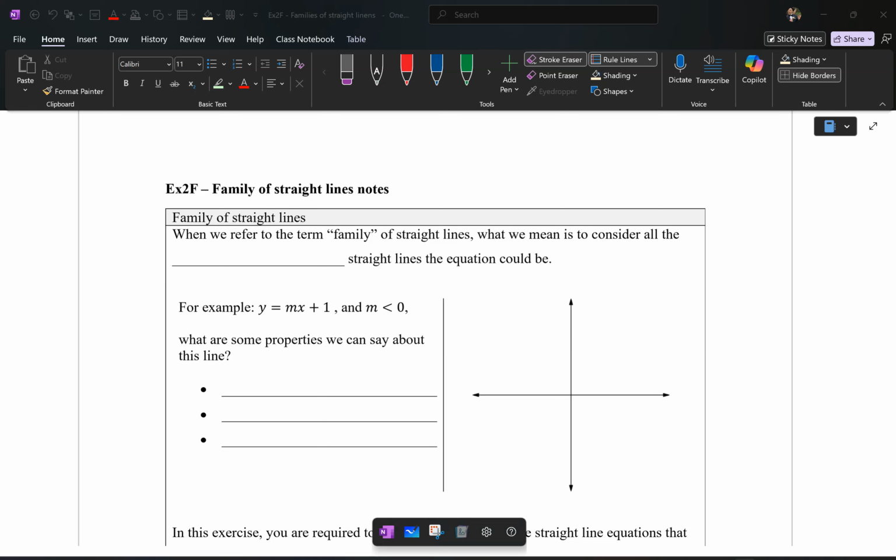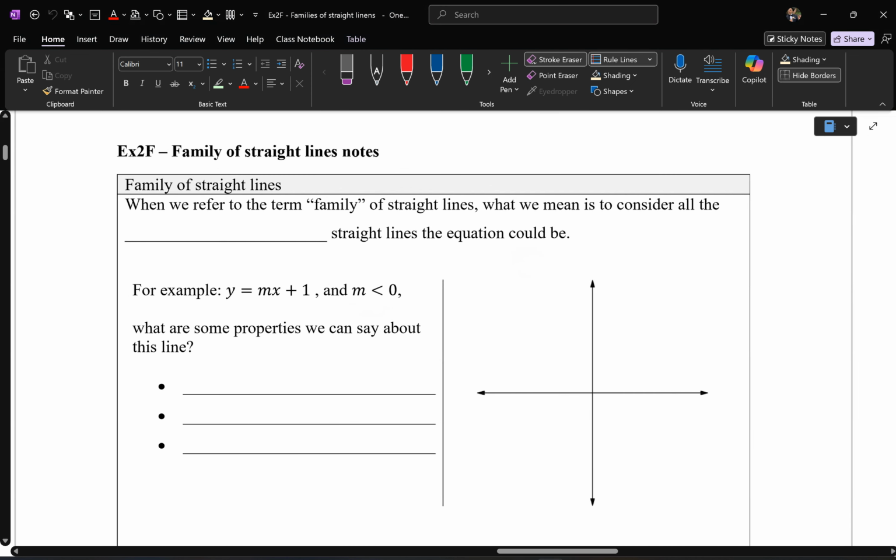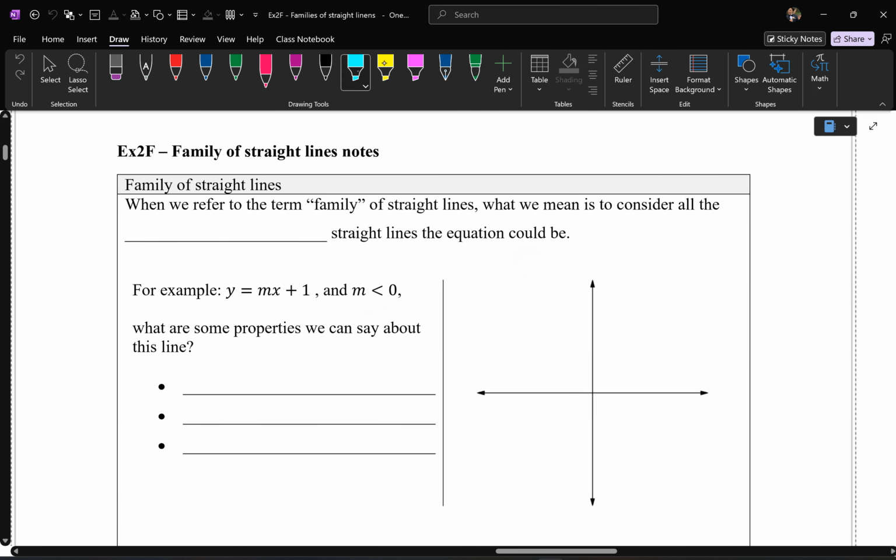Right, it's recording. Exercise 2F is called Family of Straight Lines. The essence of this exercise is for you to be familiar and be okay with the fact that an equation doesn't always have to have numbers. It can represent a hypothetical situation. So here, when we refer to the term family of straight lines,